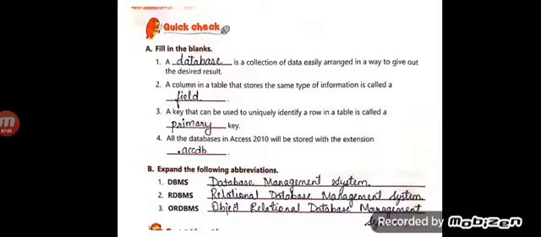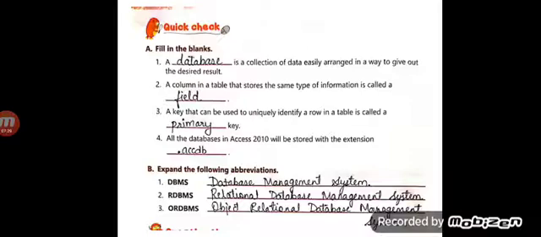Let's jump to the exercise. First is fill in the blanks. You can pause the video while you copy it in your books. A dash is a collection of data arranged in a way to give a desired result. What is the collection of data? It is called a database.